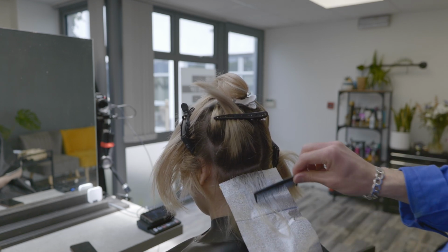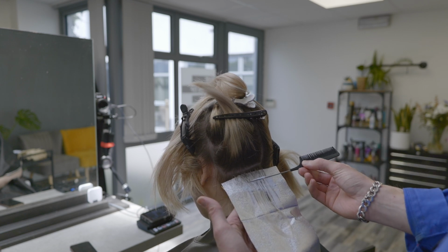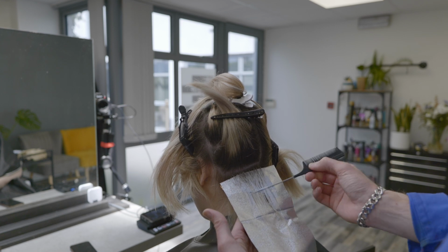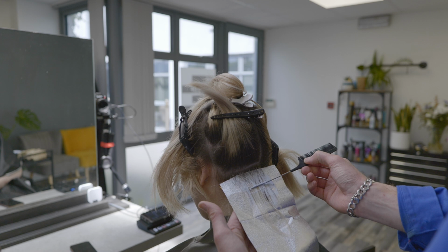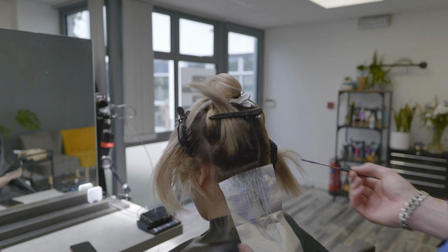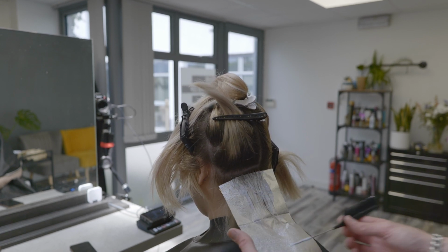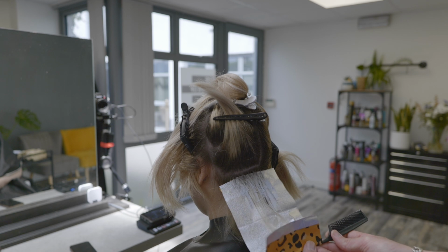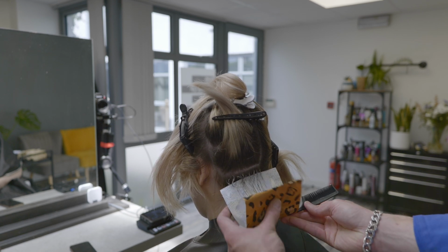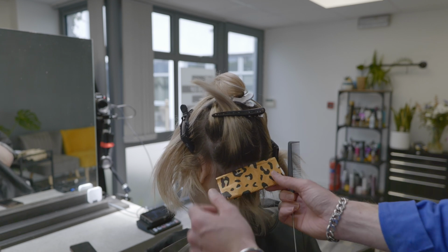And then that's a little bit too much product on that hair, so you can just use your tail comb, push it back up. There are some darker bits in there, but it's mostly blonde, so I'm a little bit dubious about putting too much product in that area. So I'm just going to feed that back up. You lower the saturation, you'll lower the ability for it to lift, and therefore you won't get any breakage on that. You can also put the product inside the foil, like that, fold it by a third again,